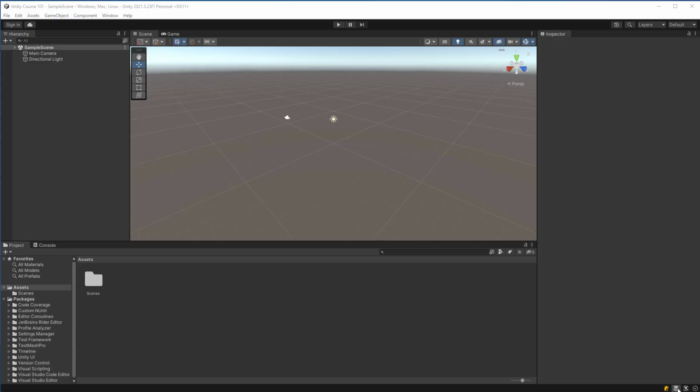In this video, we're going to do an overview of the Unity editor. Everything you're looking at here, this is where all of the magic happens. This is how video games and applications are built in Unity. It doesn't matter if it's a first-person shooter game, an MMO, a simple mobile game, it is built in this